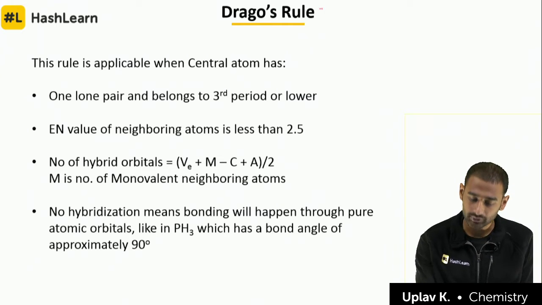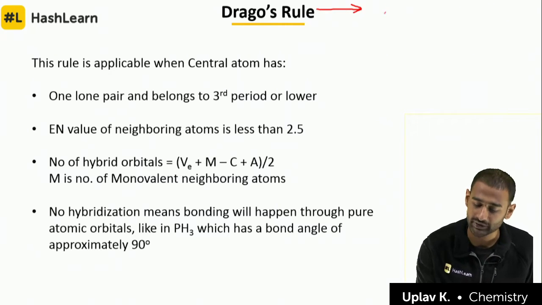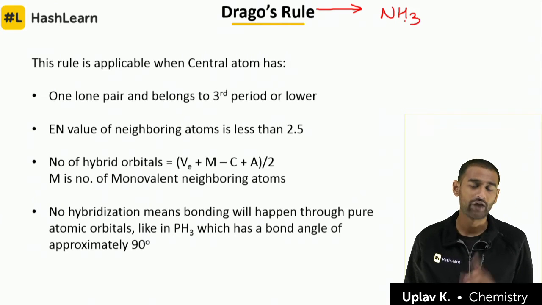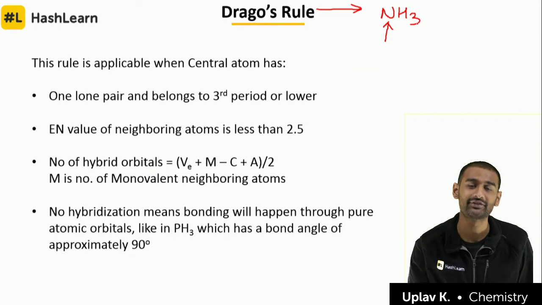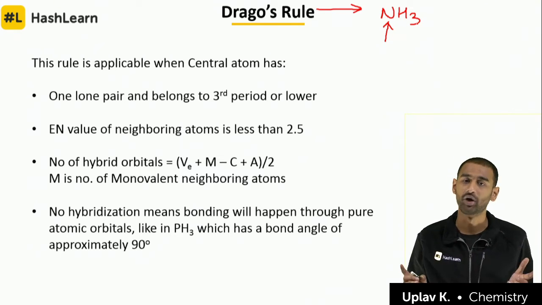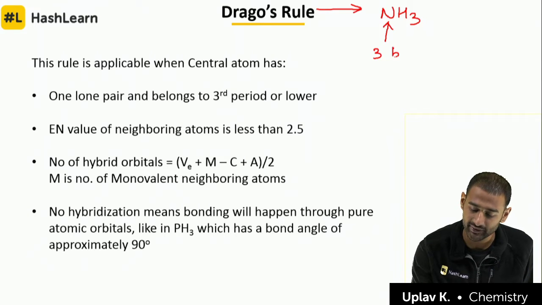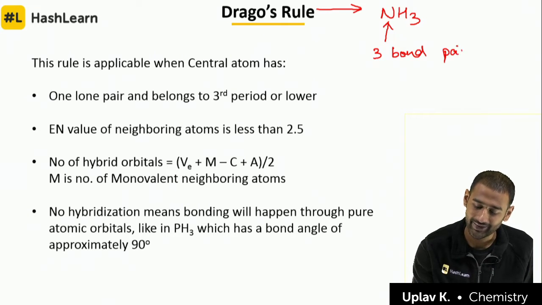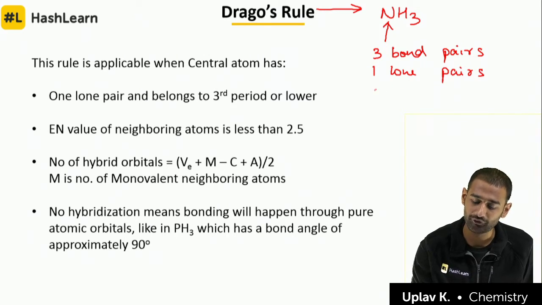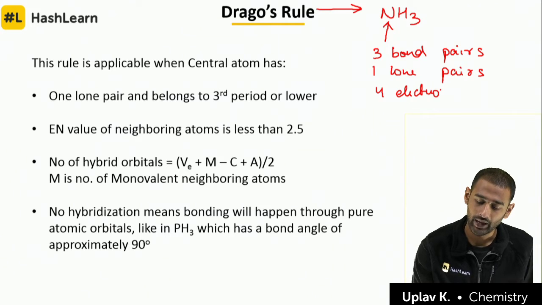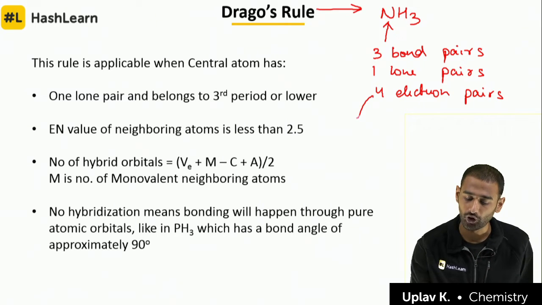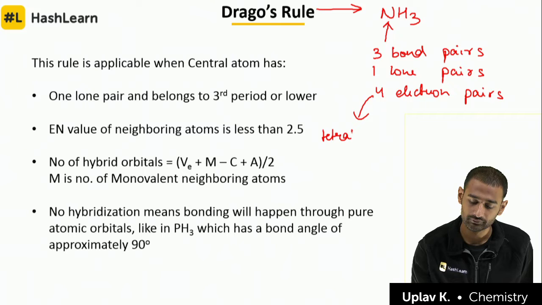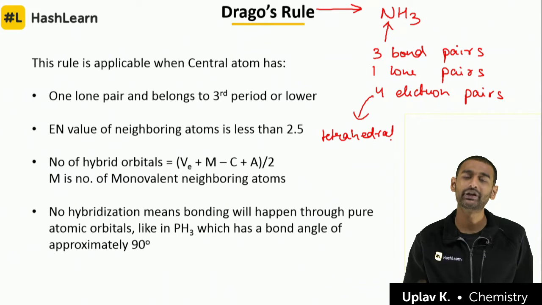So देखो Drago's rule का existence तब आ रहा है because when you are talking about something like suppose NH3, okay, so everyone knows this thing that in the VSEPR theory we talked about कि if I am talking about N in NH3, because जो shape होगा N का वही shape होगा molecule का, fine. So this N has 3 bond pairs, right? This N has 3 bond pairs and it has 1 lone pair. So overall I can say that it has 4 electron pairs, and we learned that whenever the central atom has 4 electron pairs around it, it will always go into the shape of a tetrahedral, right? So it should go in the shape of a tetrahedral.